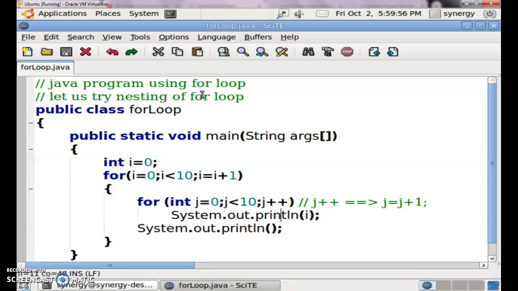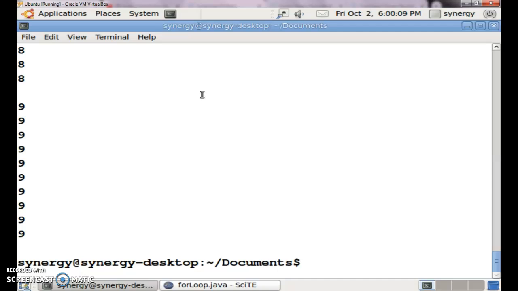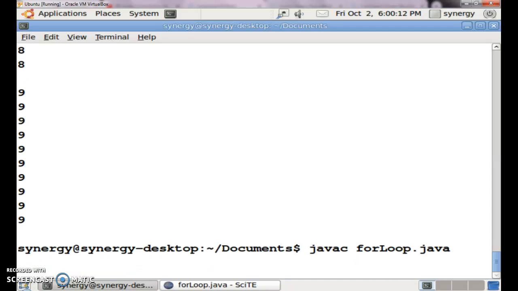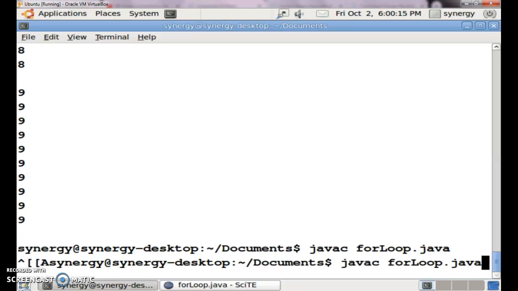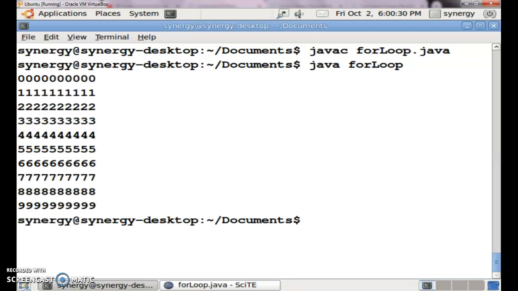Okay, so we need to make one improvement. What is that improvement? Every time it is breaking the line, this is what we don't need. Again save the program, go to the Java compiler, compile, I'll clear it so properly visible. Okay, don't be in a hurry. Right, got it? So in that fashion you will see that this is the way it is writing about the